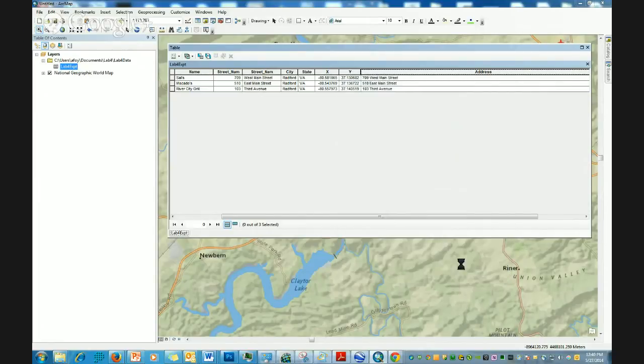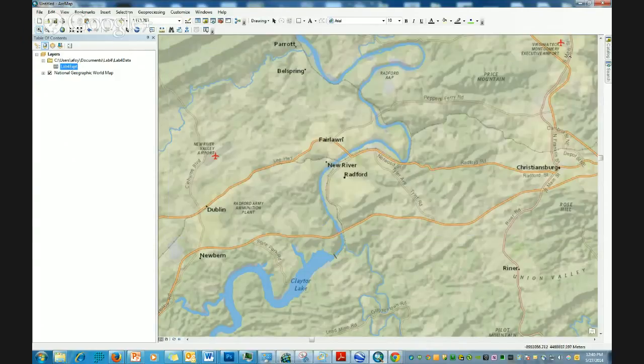And then I'll go ahead and hit OK. And now you can see that we have a nice address data populated in this field. So everything looks good. I'm going to go ahead and close this table and go back to run my geocoding